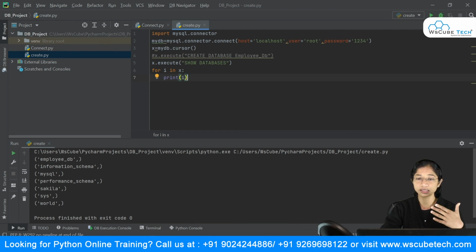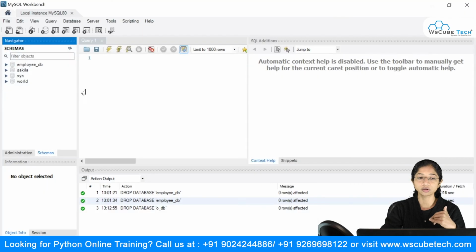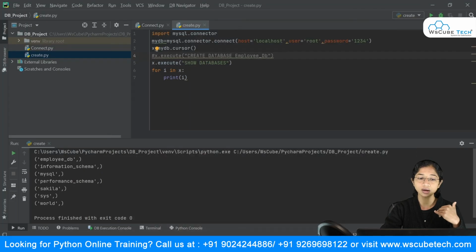Once done with this, we printed that your particular database has been created successfully, and we even saw it by refreshing in the MySQL Workbench. And in order to view our contents here itself, we made use of the execute command, and the query to view all the contents is show databases. We made use of a for loop, and this gives us the result as per our need.